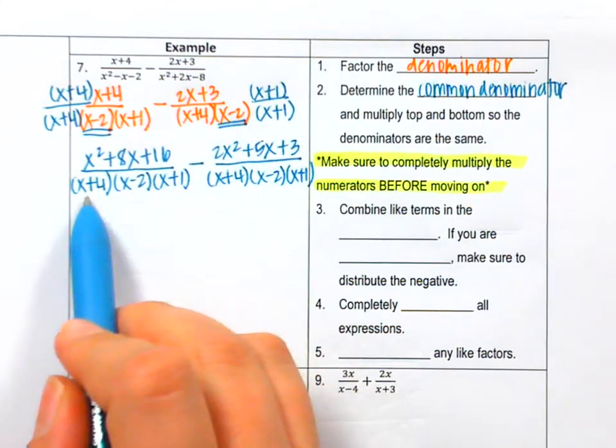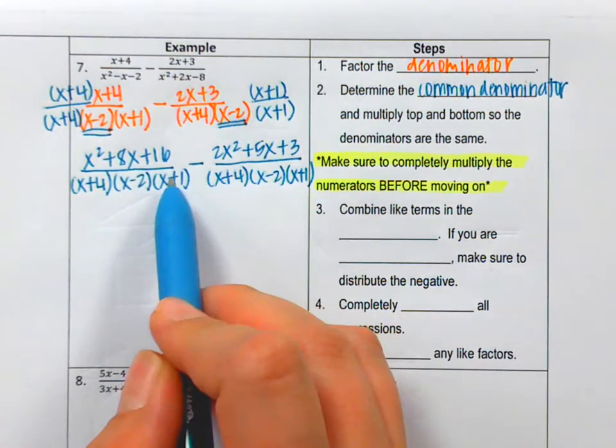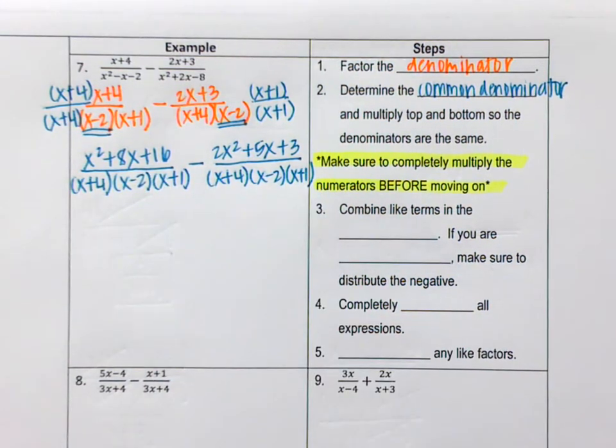So now they both have an x plus 4. They both have an x minus 2. They both have an x plus 1. And so now they have a common denominator. If they don't have a common denominator, you cannot do anything. So our next step